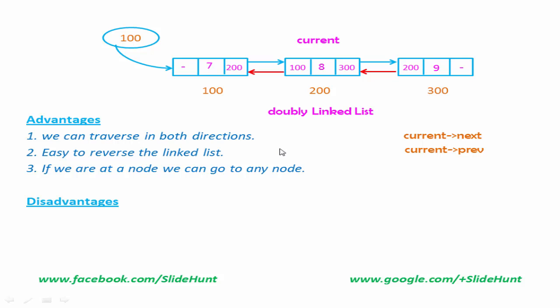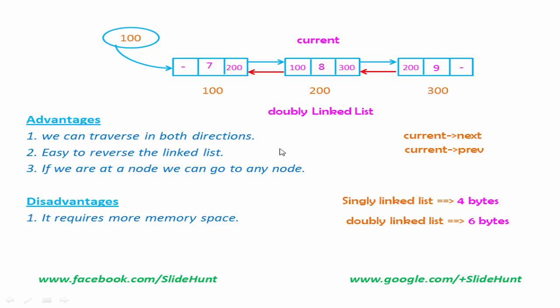Doubly linked list has some disadvantages also. As it has one more pointer, it takes more space to store a node in memory. Singly linked list has two fields in a node. For a 16-bit compiler, integer takes 2 bytes. So for a singly linked list, a node takes 4 bytes. But a doubly linked list takes 6 bytes. Another disadvantage is that insertion and deletion takes more time than singly linked list because more pointer operations are required than singly linked list. That's it.